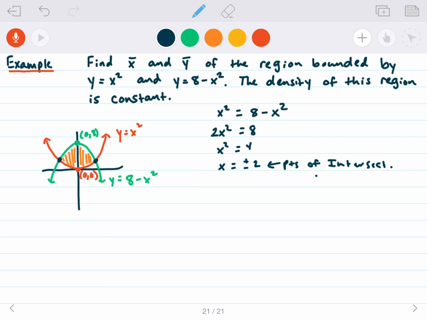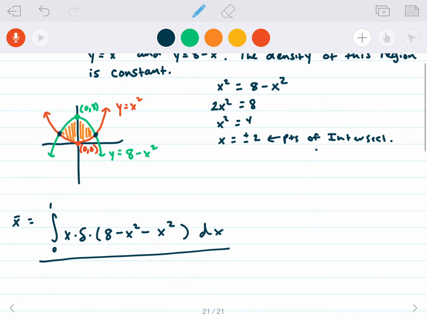So let's set this up. Let's look at x bar first. We're pretty confident that it's 0, but let's do the math and make sure it adds up. So what we have here is we're going from 0 to 1, and then we have x times a density function, but it's not really a function, it's constant. Well, it's a constant function. Then f of x minus g of x. So we have top function, 8 minus x squared, minus bottom function, which is x squared, dx, all over the